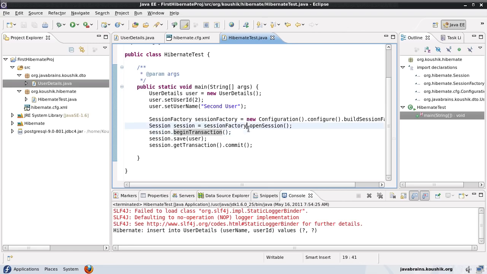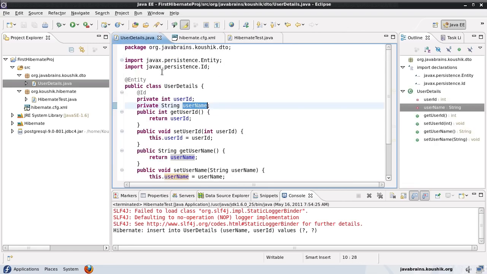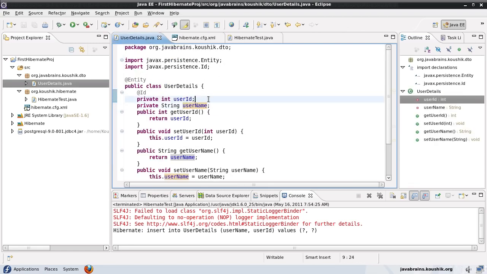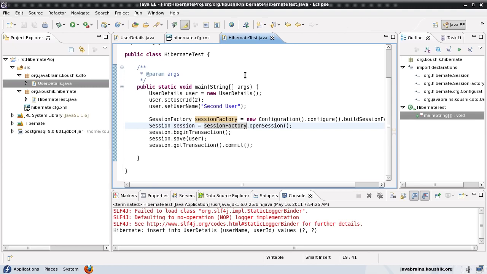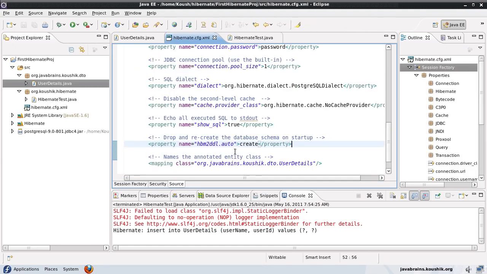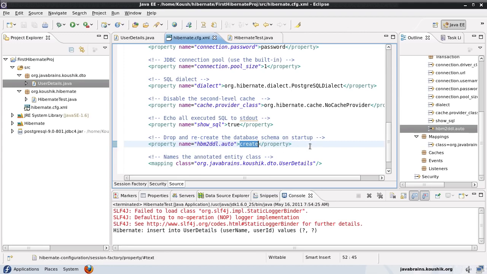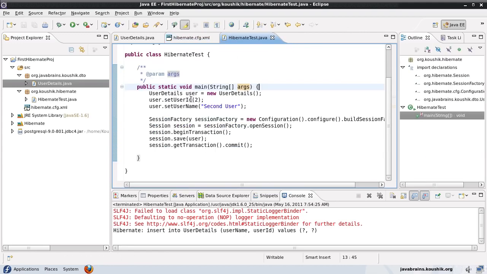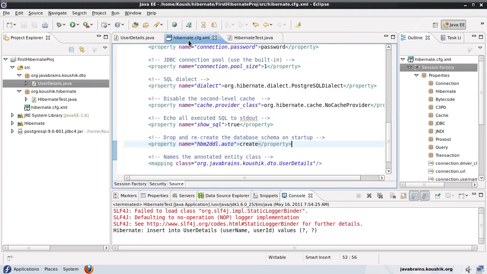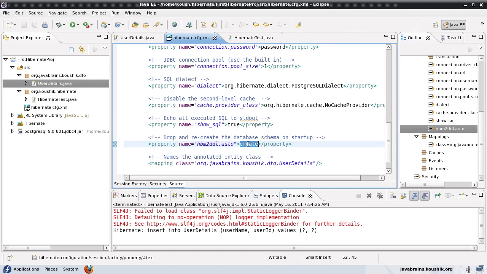The way it helps is, say for example, you're developing your code and then you want to change a lot of things here in the model, and then you want the schema to get created every time you run it. Then this is very helpful. You can have a create. But what if I want to retain my data? I want the data that was saved in the previous run to be available when I run again. So the way to do that is to change this from create to